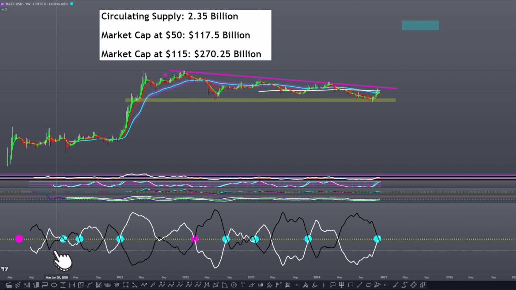That then led into 2, 3, again being within the accumulation period in February of 2020. Then we have 4, 5 here, still within the accumulation period in May of 2020. Then we have 6, then we have 7, which is right at the beginning, January 2021, of the parabolic phase of MATIC's prior bull market, where you could have ideally caught a move if you had bought really close to the absolute lows, somewhere just shy of a penny, and you would have caught a move all the way up to approximately $2.85.